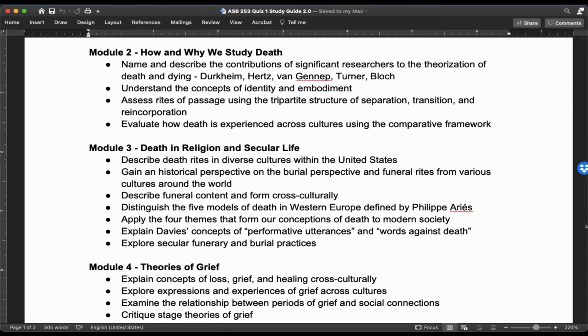Module 2, we talked about how and why we study death. There were several theoretical perspectives we covered. I've listed a few of them here from the lecture during that week. When it came to Durkheim, he viewed death as this sort of challenge to the social cohesion of human societies. He promoted the use of scientific methods within his research and really helped us to start considering religion and death